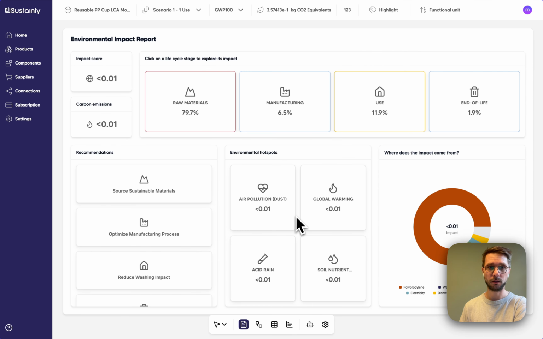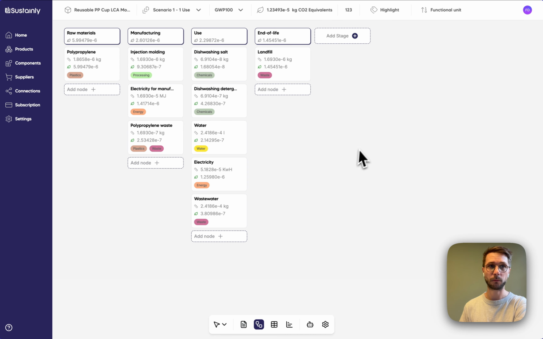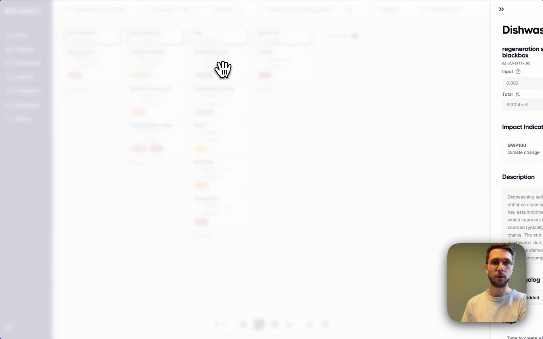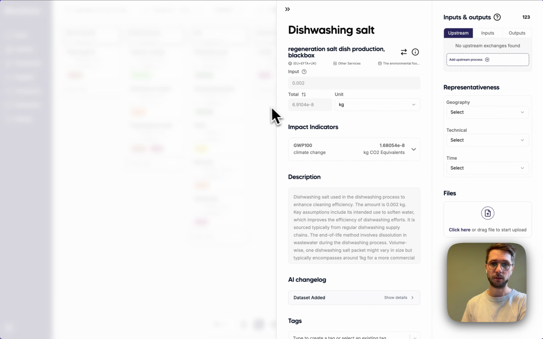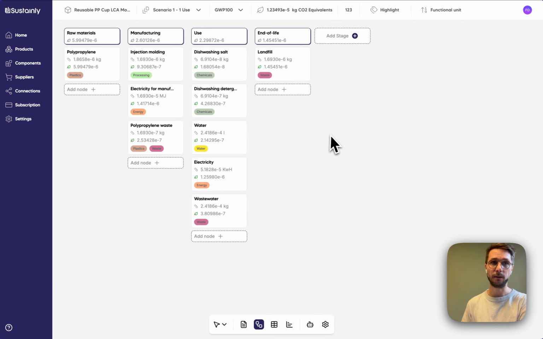This is going to be significantly easier than going through every single output and making these calculations. So now you can see I actually have the input for everything as divided by the amount of functional